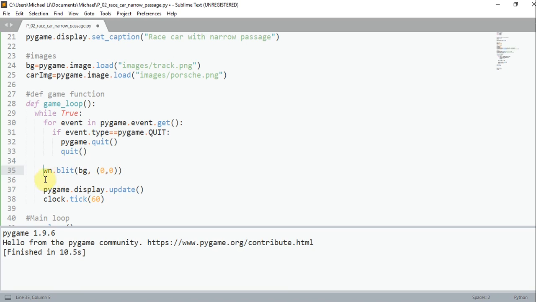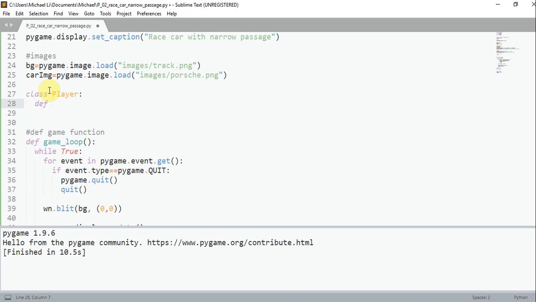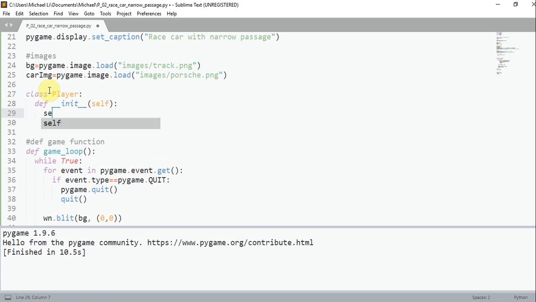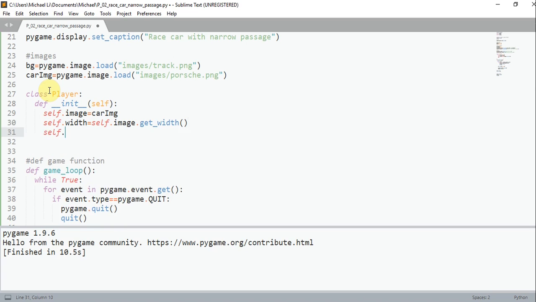So now that we have this, we should basically add a player. So let's create a player class. So class player. So we want to define init. self.image is equal to car image. self.width is equal to self.image.getWidth. So this will get the car image's width. Self.height is equal to self.image.getHeight,